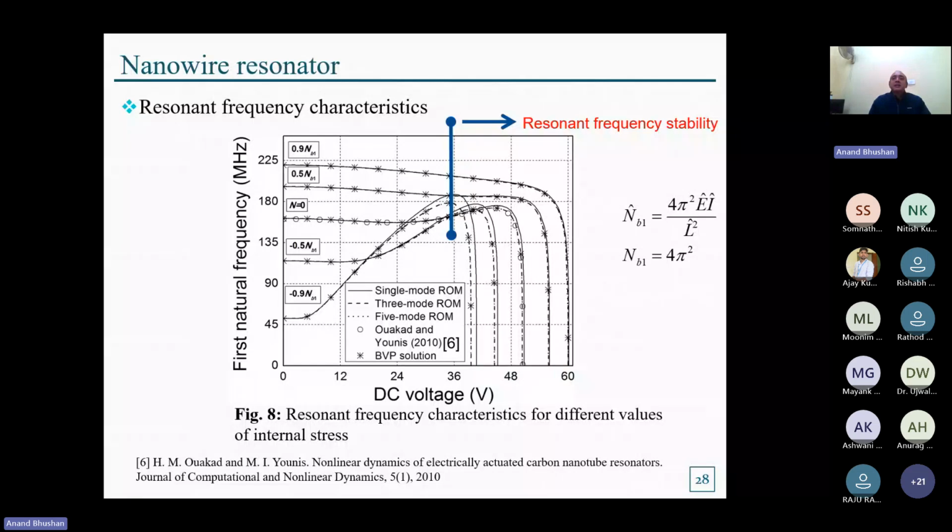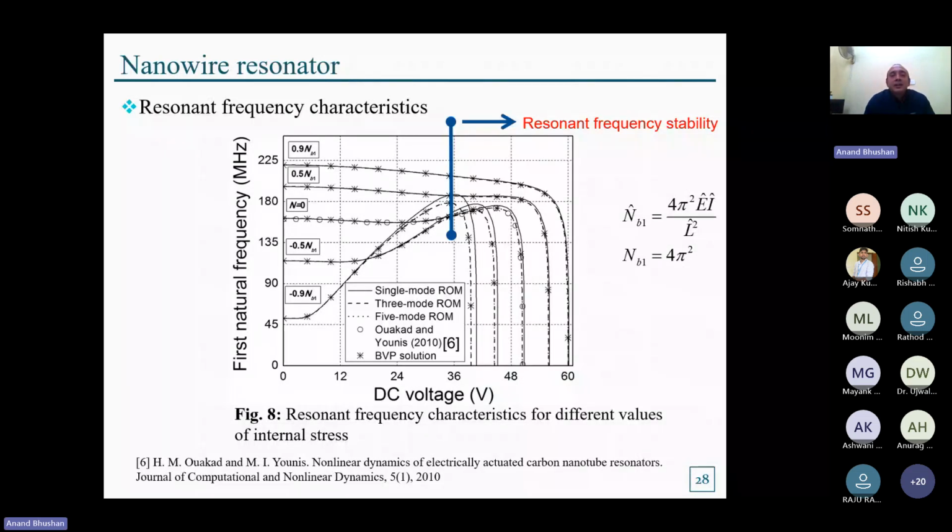One important thing, as shown in the red, is resonant frequency stability. Near the 36 volt, we can see the effect of residual stress is minimal. Its meaning is that even if the residual stress is changed from compressive to tensile type, the variation of natural frequency is very low. So this particular characteristic we can use to develop